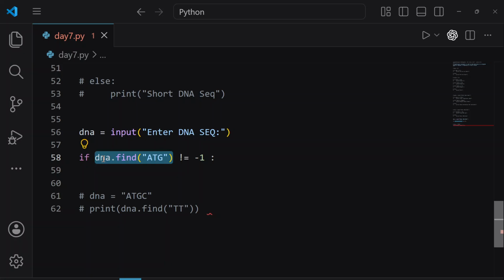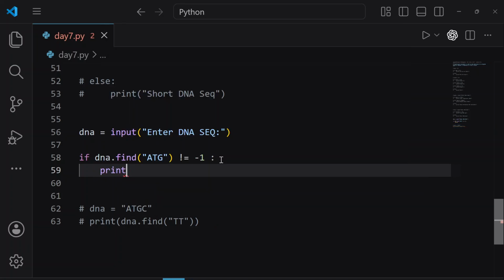So this DNA dot find ATG finds us the index of this substring, and the condition is that the index should not be equal to -1. If the index value is not equal to -1, that means our condition is true. So do we understand this line? How our condition is true? Do we understand this condition that I have written? Do we remember this not equal to operator? Here two equal signs mean the equal to operator, and the exclamation mark and equal sign mean not equal to. If this condition is true, Python should print us